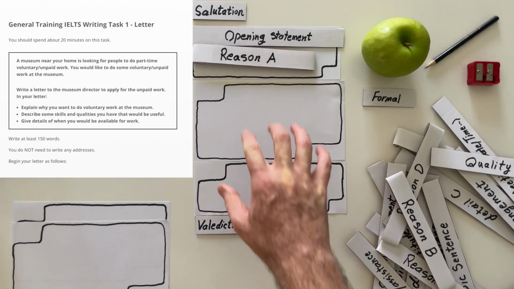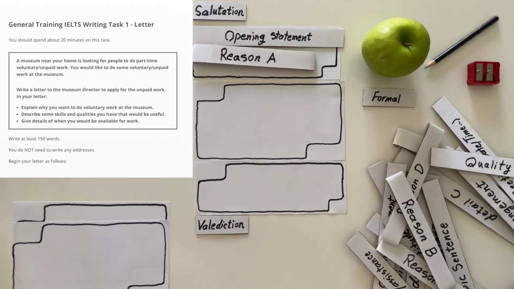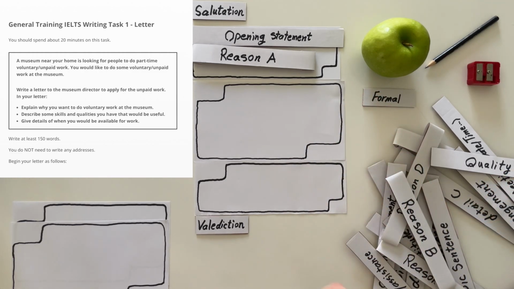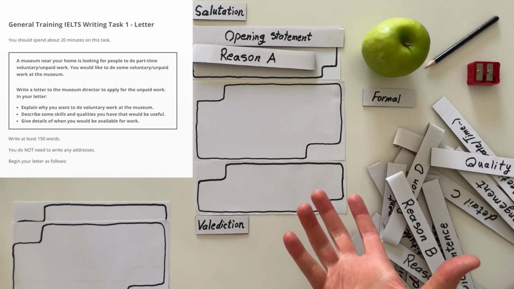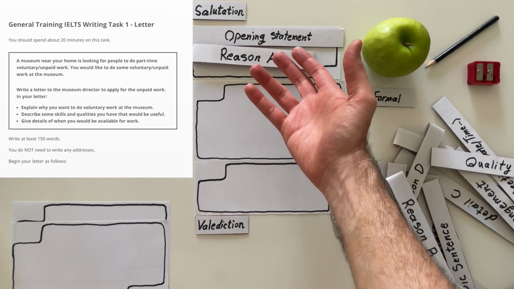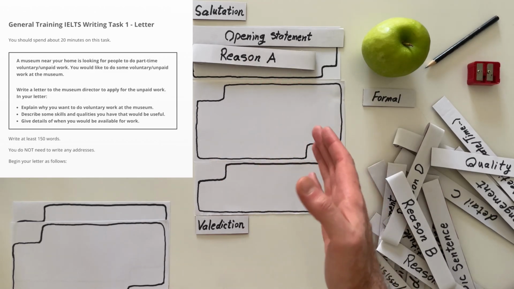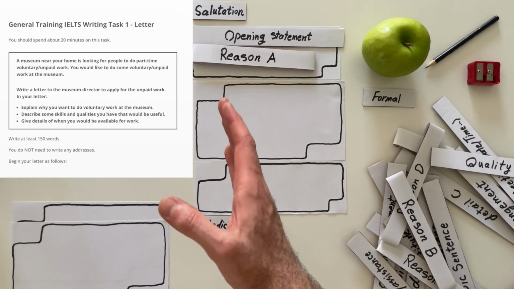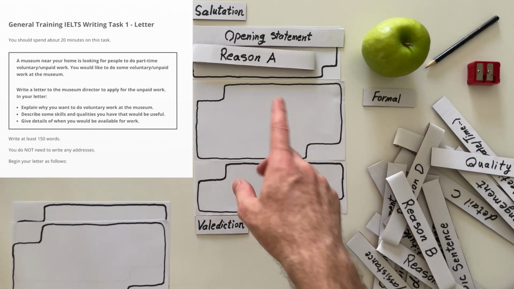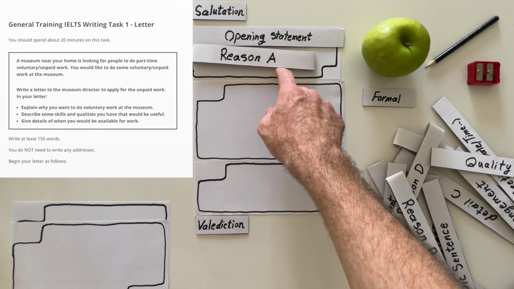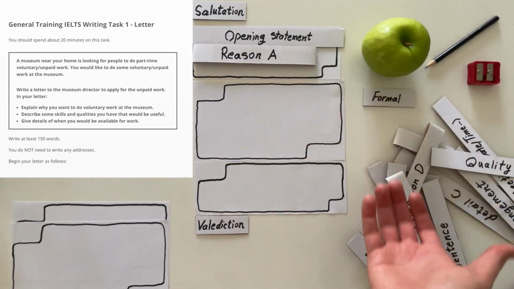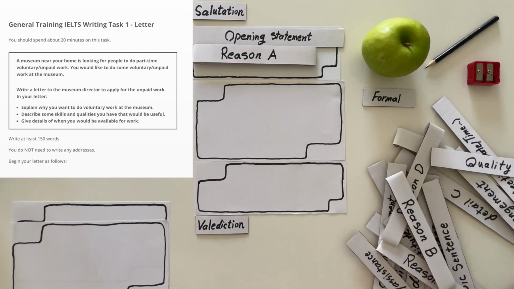I don't think you need a separate paragraph to convince somebody to hire you, because they're not going to give you any money. It's not a hard process, really. Doing voluntary work happens all the time. They just want to know that you will observe their law, their regulations, their limitations. You know everything about working at a museum. That's all they want to know. You can even go ahead and say that I'm passionate about art. So my suggestion is just one reason. But if you want, make it more convincing, come up with 2 reasons.